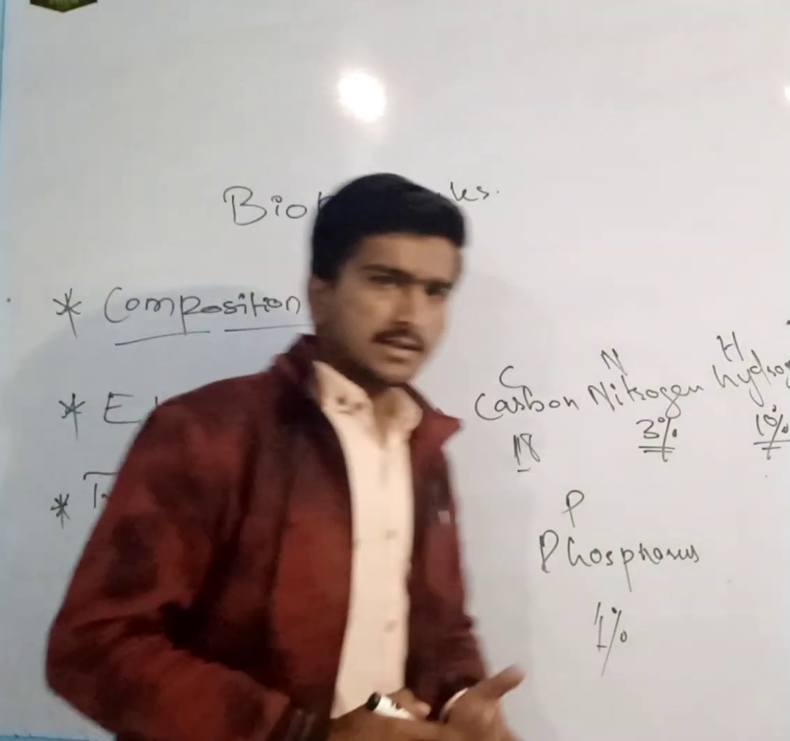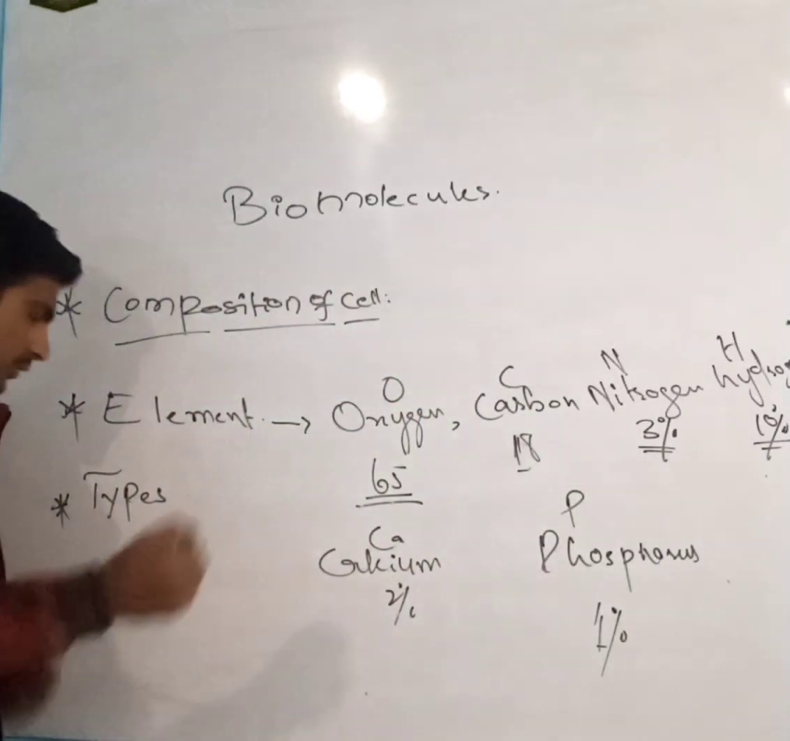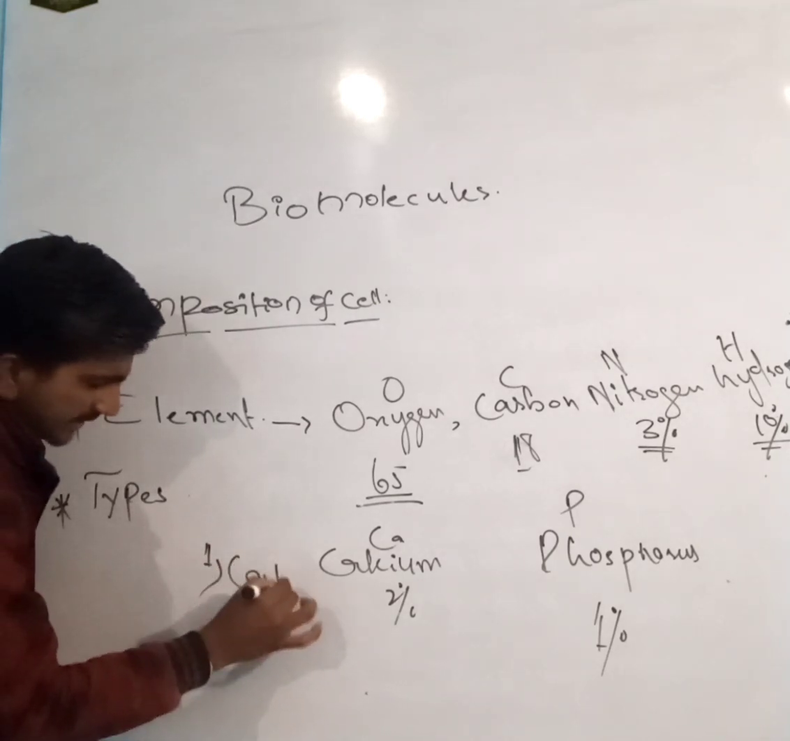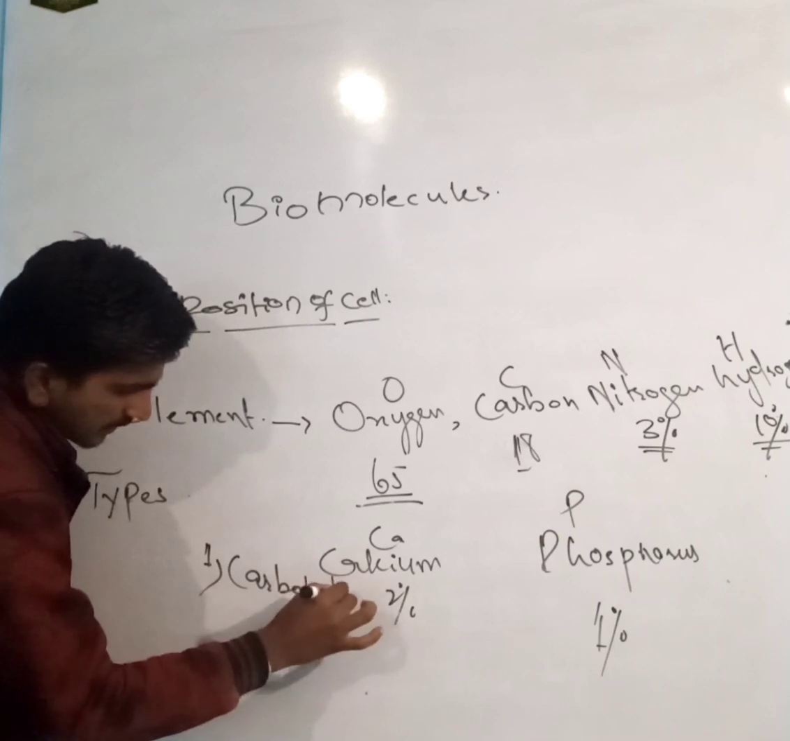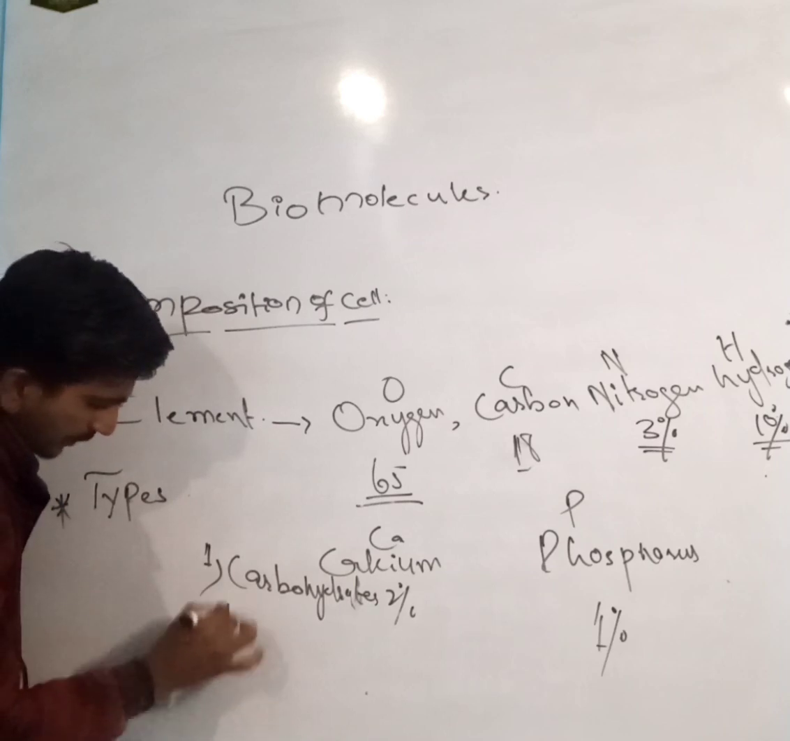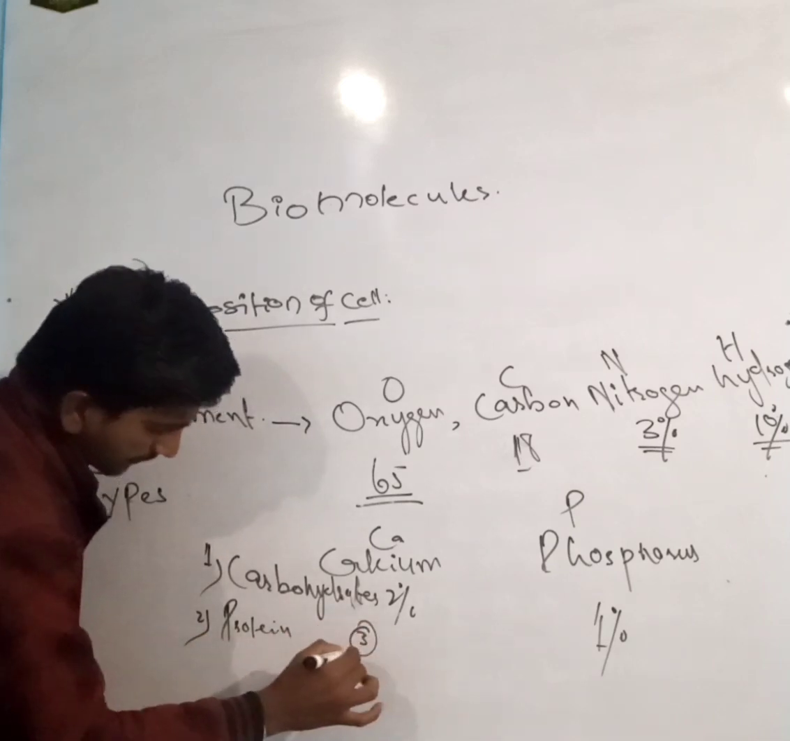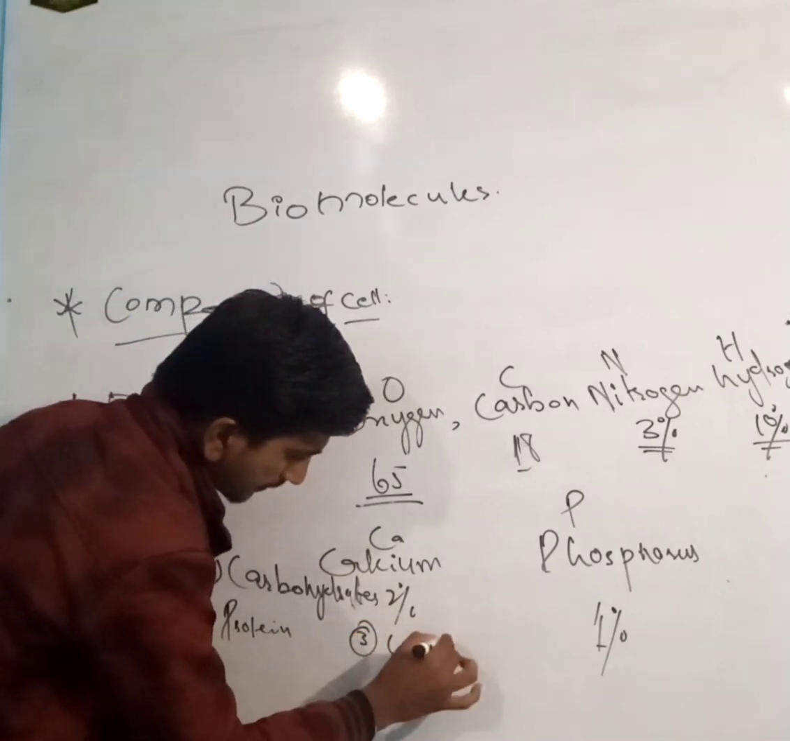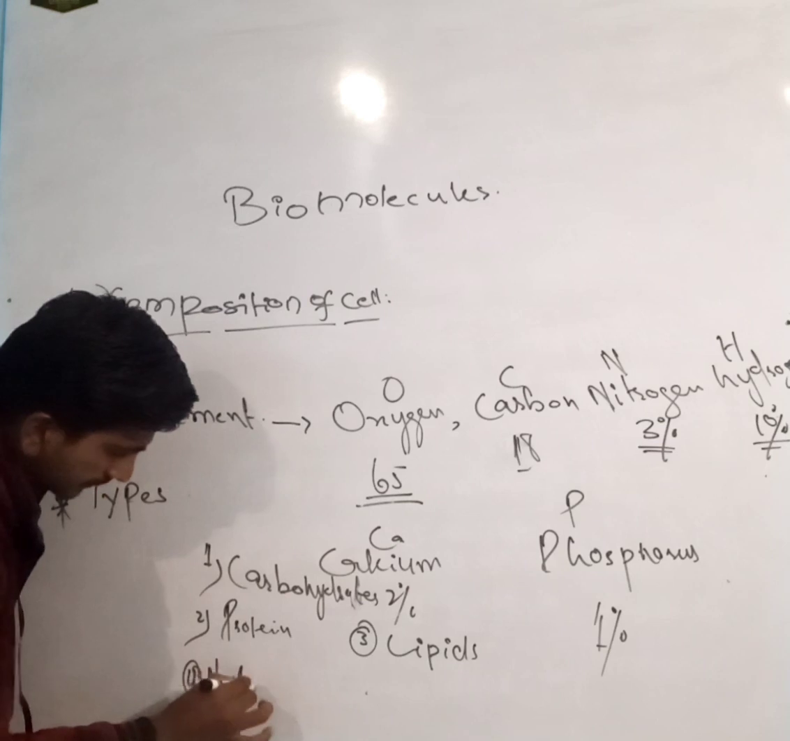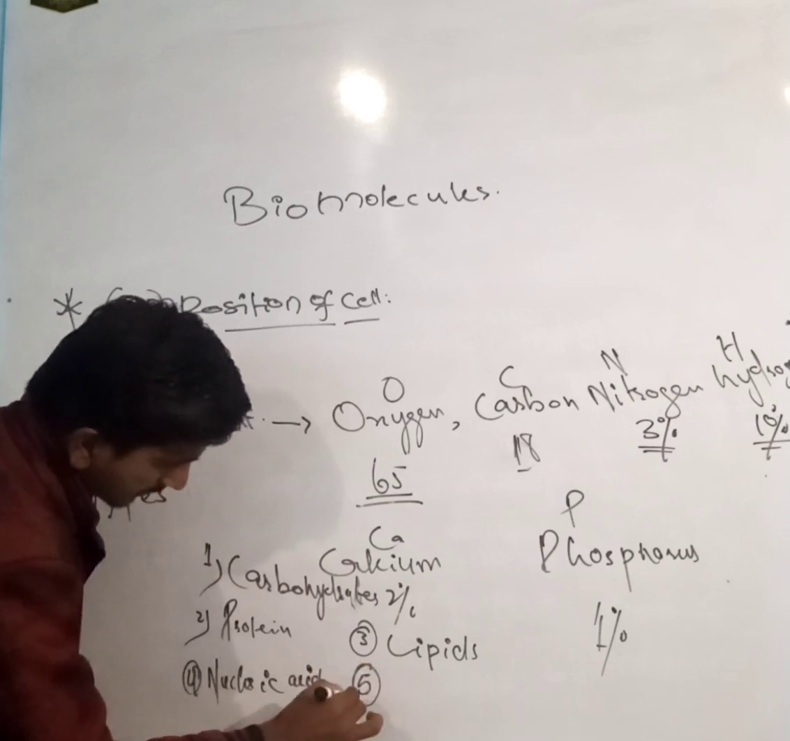Types of biomolecules. There are fundamental types of biomolecules. Let's see the types. We can say carbohydrates first, protein, third lipid, fourth nucleic acid, fifth conjugated molecule,